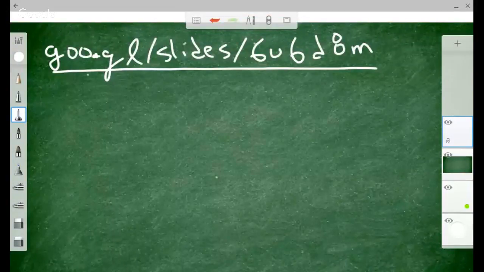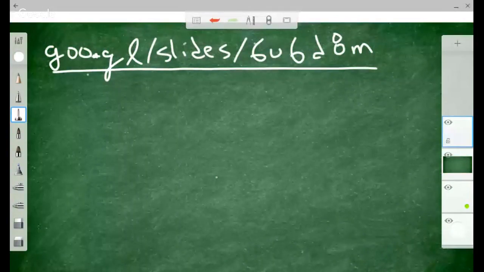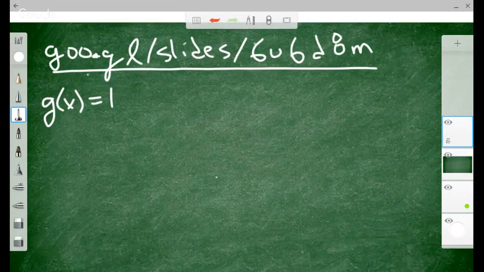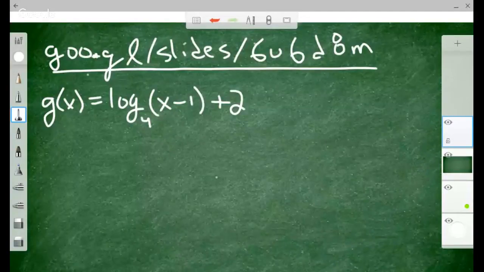From that picture we find the domain and range. So let's talk about an example, and I'm going to look at the PM115 review, specifically topic 7, the families of functions, where it says g of x is equal to log base 4 of (x minus 1), plus 2. We could go through the process of graphing this and then get the domain and range very easily, just by looking at it visually. But if we want to do it without the graph,